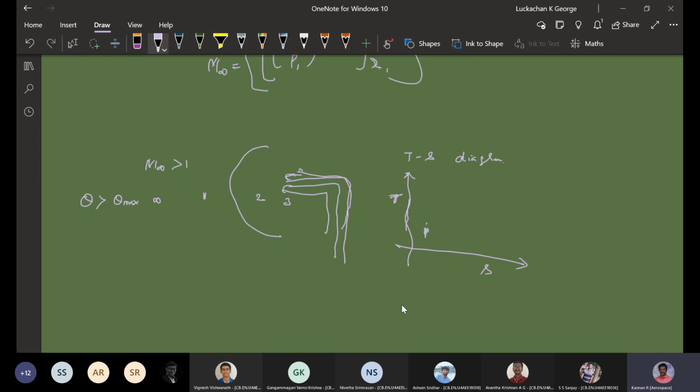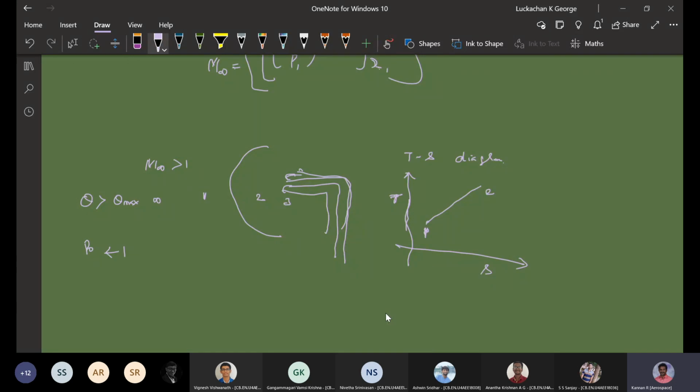Let us take this as point 1, and we are going to have 1 to 2. That's all. From 2 to 3 there is no increase in temperature, although depending on the rarefaction waves and other things some effect will be there, but mostly we assume simple cases. Now I want to find out what the P naught is here.